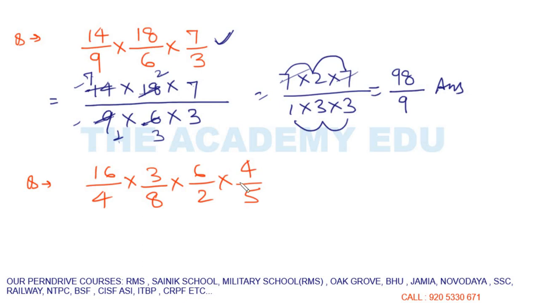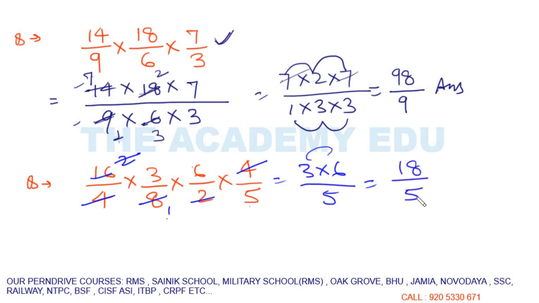Now see guys, there is no need to write this way. You can cancel here also. Like see here, 4 and 4 cancel, right? 8 1 ja 8, 8 2 ja 16 cancelled. 2 1 ja 2, 2 1 ja 2 cancelled, right? So we are left with 3 into 6 here. And in denominator we don't take 1. We have 5 here. So answer is 3 6 ja 18 upon 5. This is your answer. Got it?